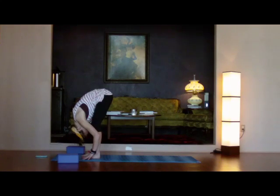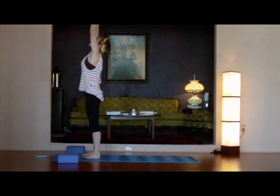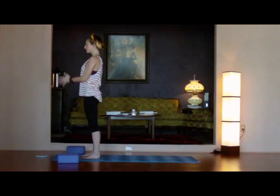On your next inhale, reverse swan dive with a flat back. Press through your feet. Reach your arms out and up. Palms press above you. And on your exhale, bring your hands in towards your heart. Deep breath in, fill up. Exhale, let go. Next inhale, take your arms out and up, upward prayer once again, and on your exhale, hinge